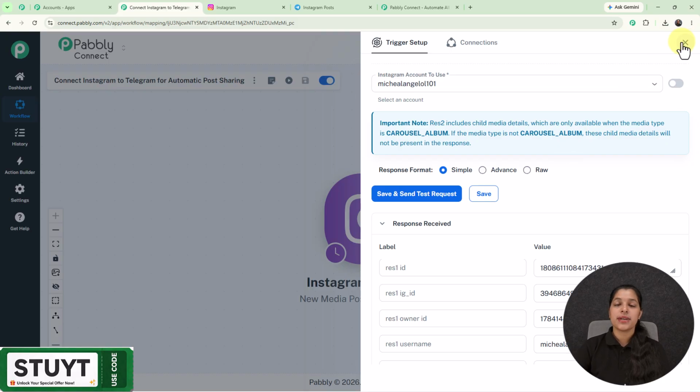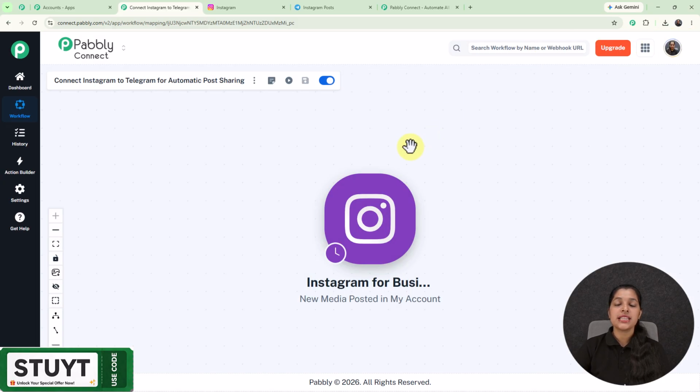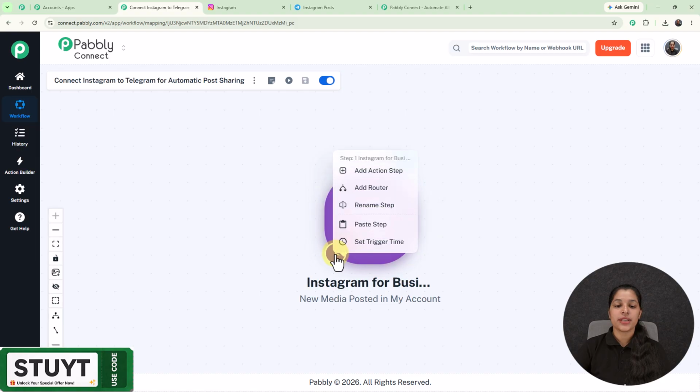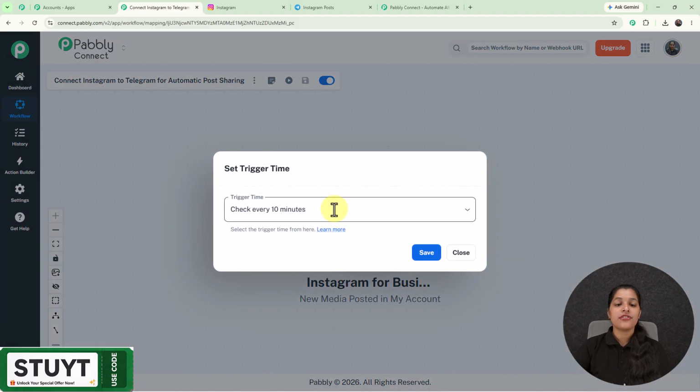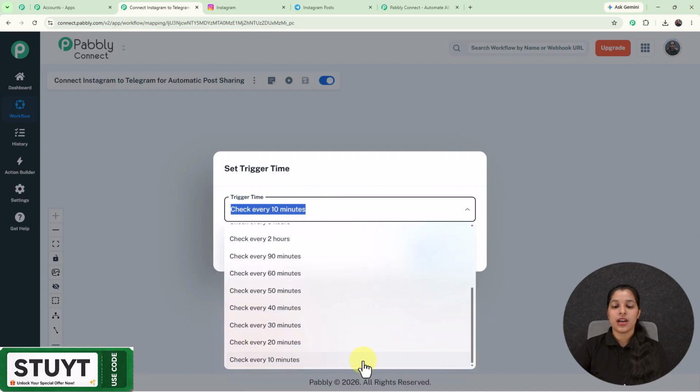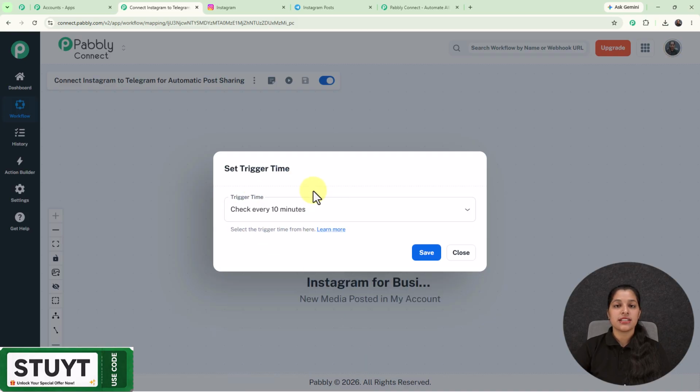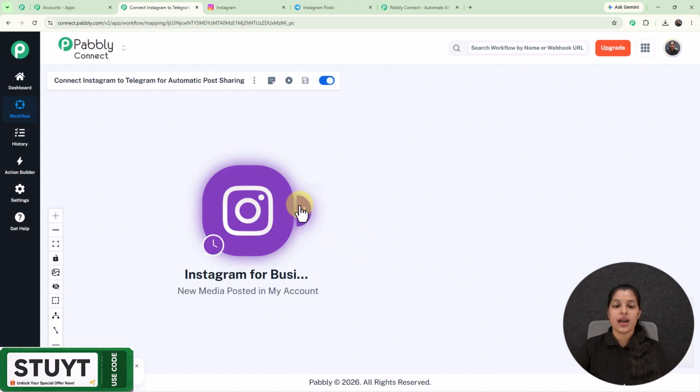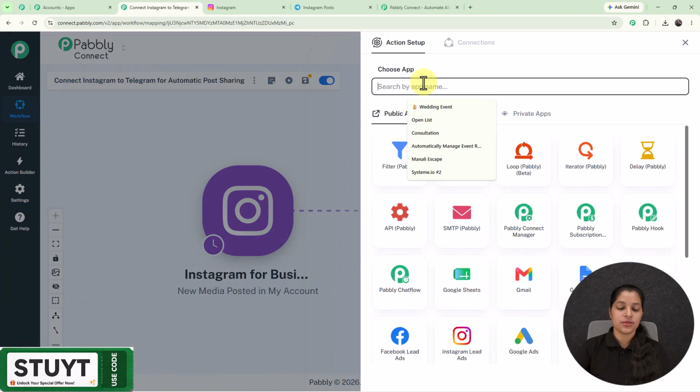account. But Instagram is a polling based trigger, means it is going to fetch the post after a certain unit of time. So for setting that trigger time, you have to make the right click over this button that is set trigger time, and from here you can set the trigger time. So I'm going to keep it as check every 10 minutes. Means Pabbly Connect is going to check your Instagram account after every 10 minutes for newly created post. Now let me save it,